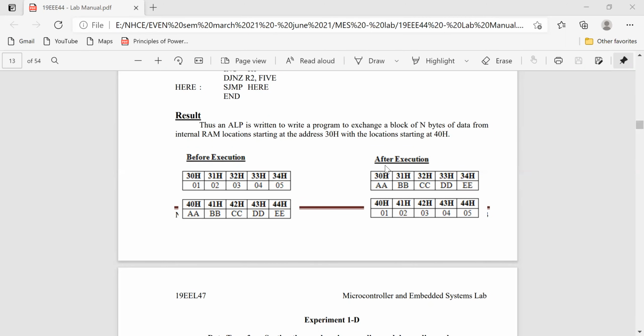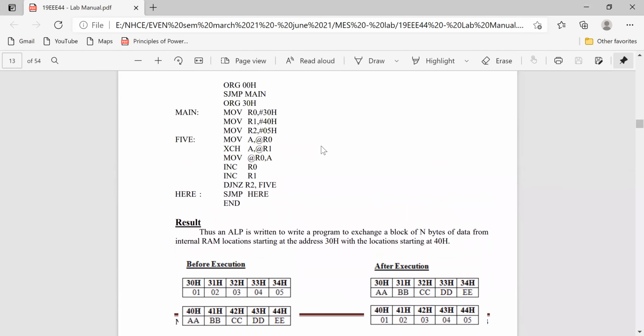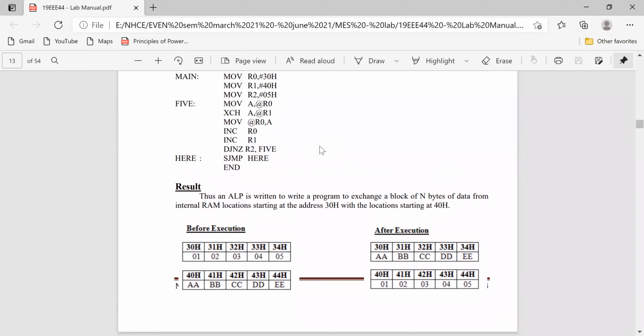So I want the students to understand it is just a simple operation. We are going to exchange the data, and what are all the requirements? See how many locations you are going to exchange. That is the main point. For example, I'm going to take 5 locations.